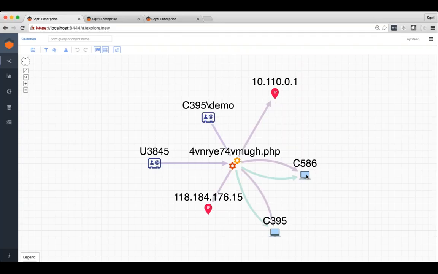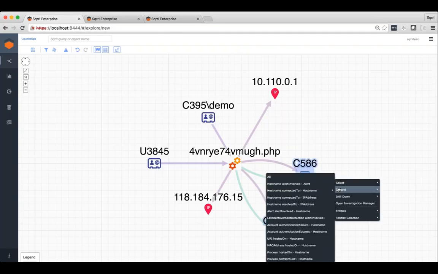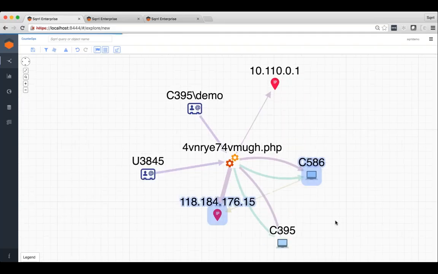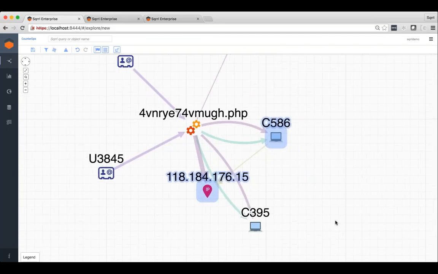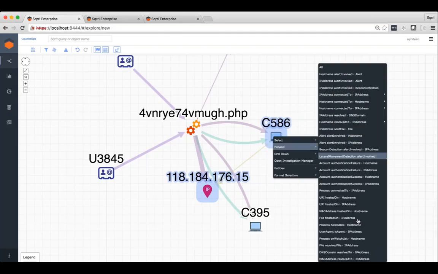And so once again, we're going to find any of those IP connections, host name connected to IP address. Once again, that's actually coming from the Carbon Black logs. In a deeper integration, Sqrrl might be providing some of those connections, but I'm actually getting that from the Carbon Black logs there. And so we see that connection between 118 and C586, and I can also expand